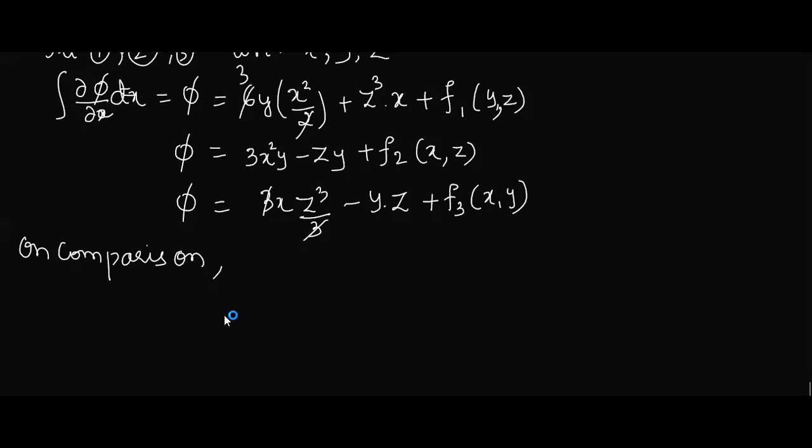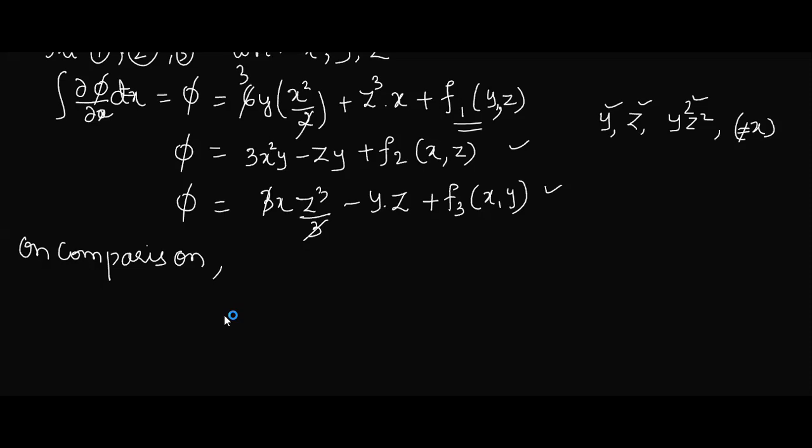All of you, listen carefully. In this first expression I want a function of y, z which is not present in this expression, but is very much present in the next two. It may be a term containing y, a term containing only z, or a term containing both y and z, maybe y square, z square, y, z cube, whatever it is. But it should not contain x. When I'm choosing f1 of y, z, I may take terms in y only, z only, or yz, but it should not contain x. Similarly applicable for the next two.